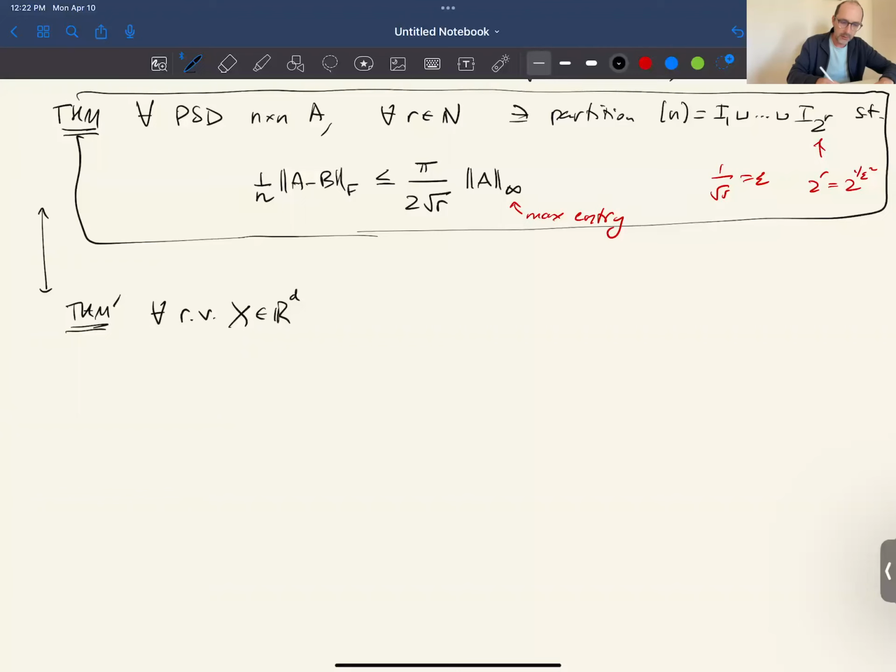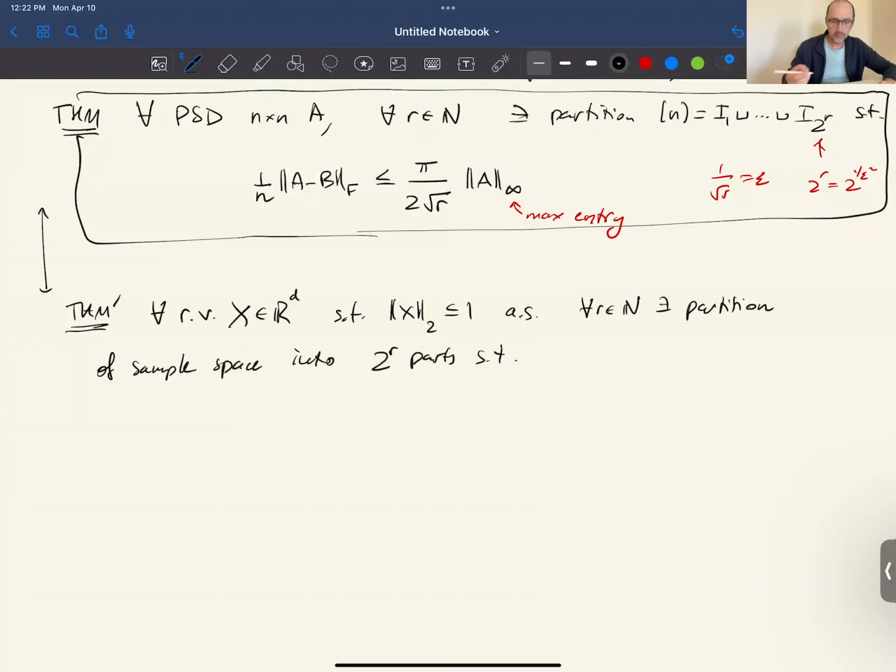For any random variable x that is bounded by 1 almost surely, and the rest is the same, for any r, there is a partition of the sample space into 2 to the r parts,